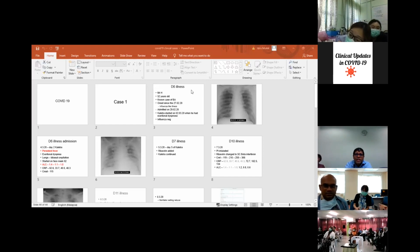And the next one is, how do you screen for COVID? I think this is a repeated question that's being asked. We think there is community spread because we are starting to see more and more sporadic cases coming up. So every pneumonia that is coming into your hospital is potentially a COVID-19 patient. That's why I'm telling you again, have a pneumonia cubicle, wear PPEs according to WHO guidelines,